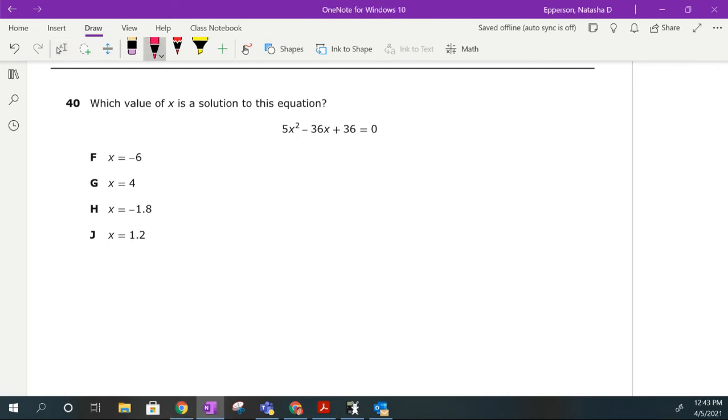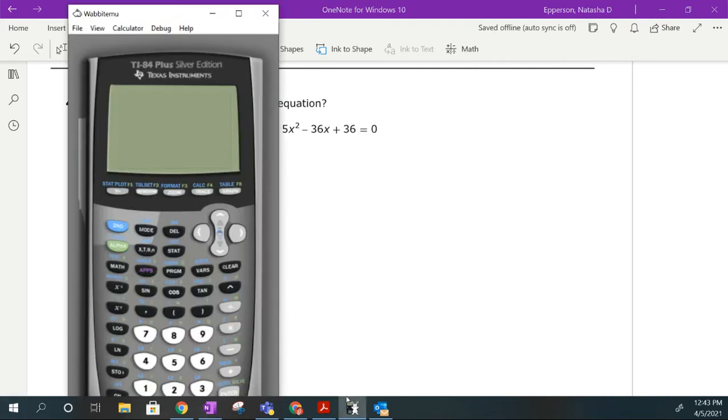All right, so we're looking at question number 40. We want to know what is the value of x in the solution of this equation. There's actually a couple of ways that we can handle this. But honestly, we're talking about test-taking strategies. So in terms of test-taking strategies, I'm going to use my